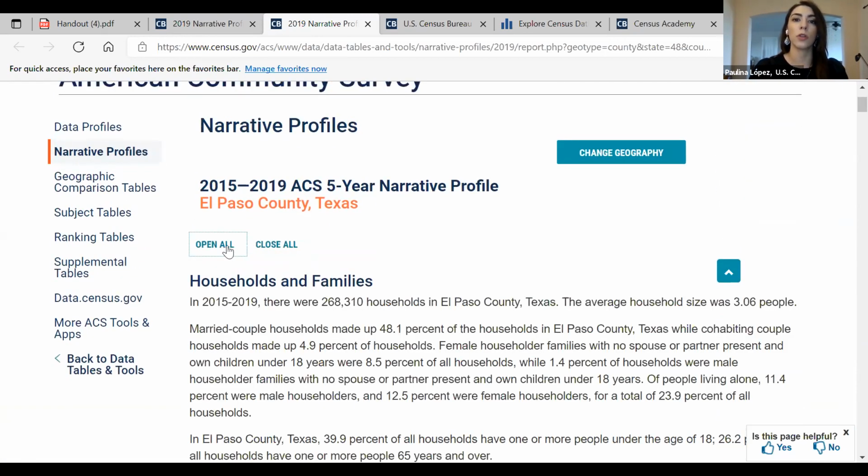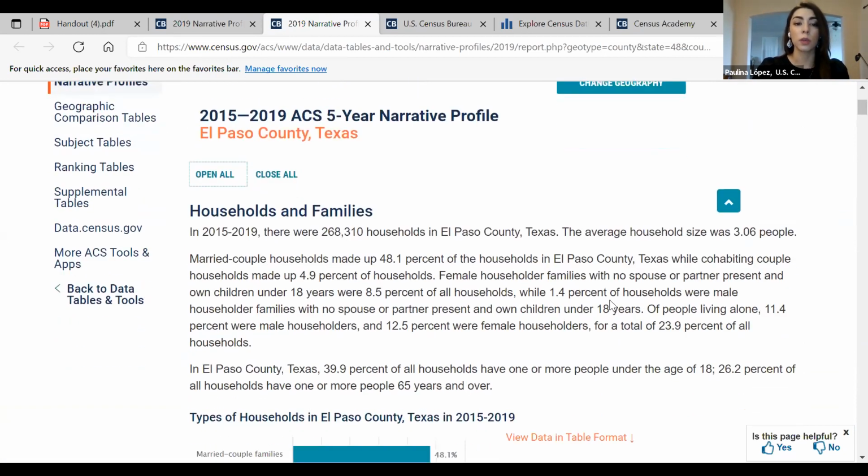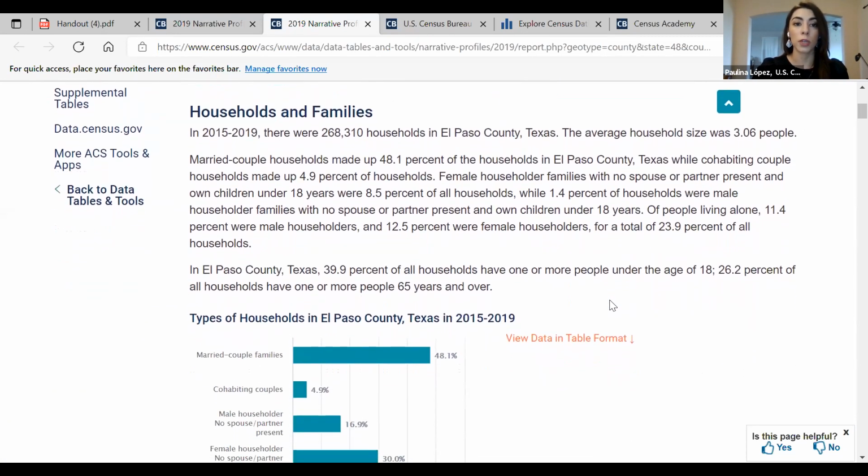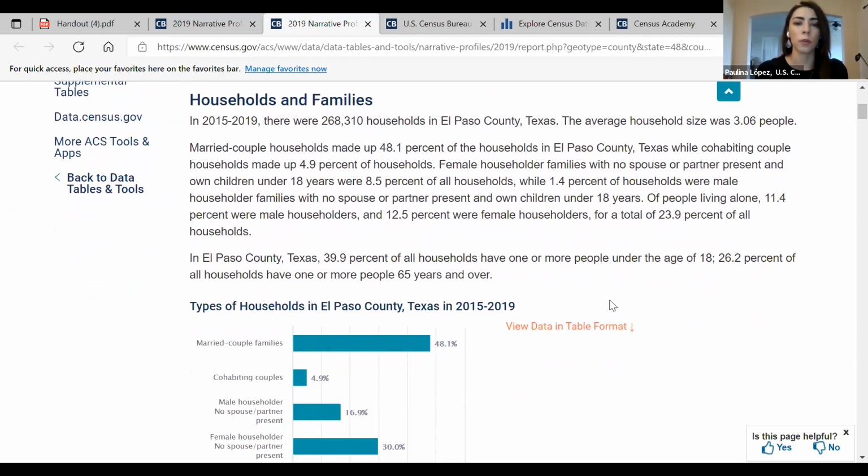And this is just another way of looking at the information, and especially you all that are working on the ground and have knowledge on the community, this really will supplement your information and inform your research in a very enriching way. So you get the narrative format of the data instead of looking at the data in very dry ways, just the table of data. This gives you an actual narrative. It tells a story of what's going on in that geography.